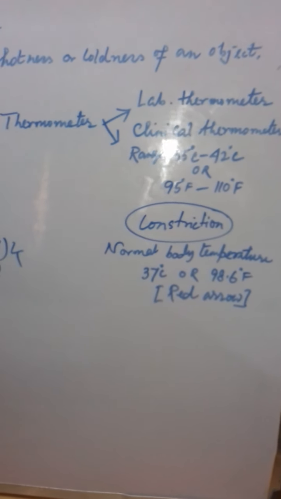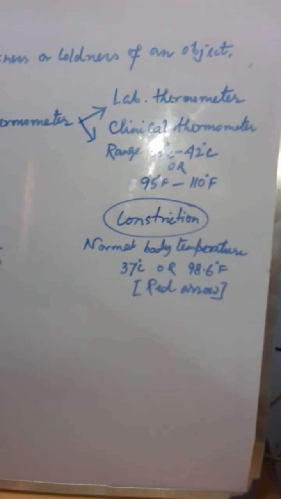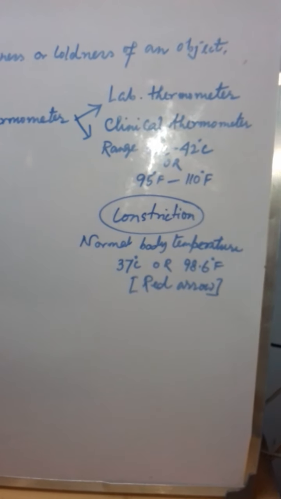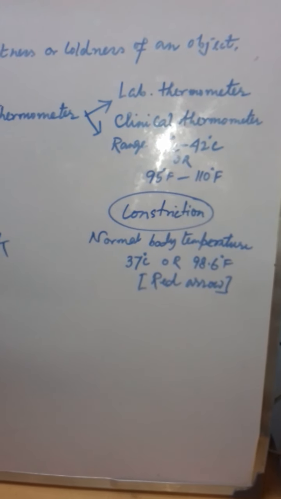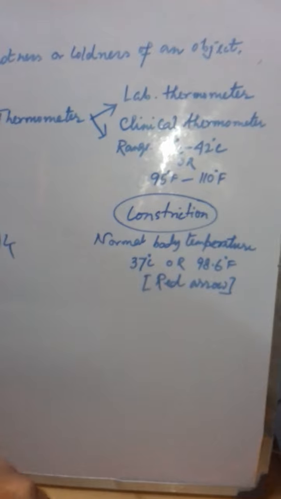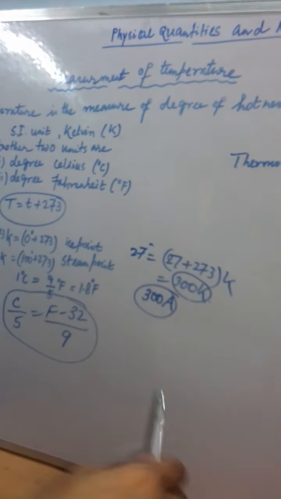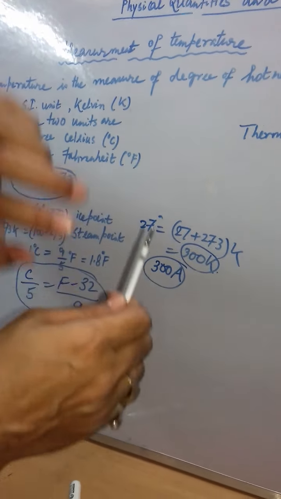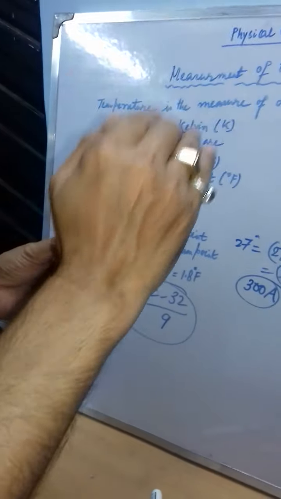Okay, now whenever you want to bring down the temperature, you have to place the mercury column at the downside and shake it in that way. So manually you have to cross that barrier so that the mercury column can come down.